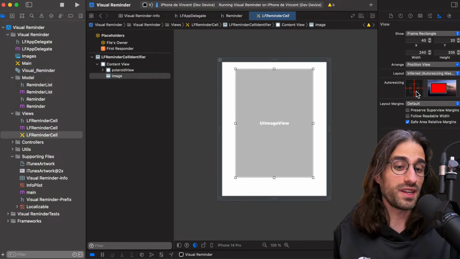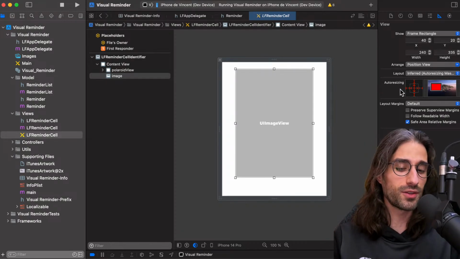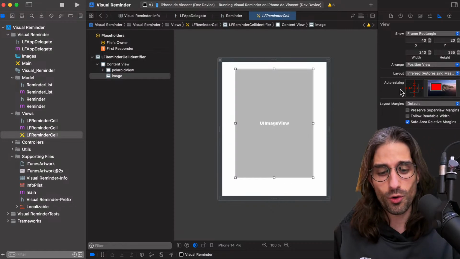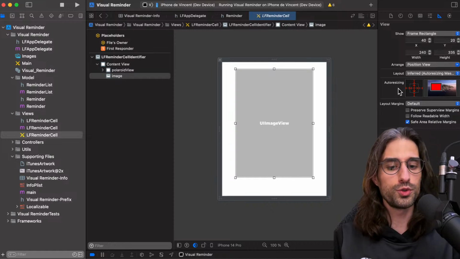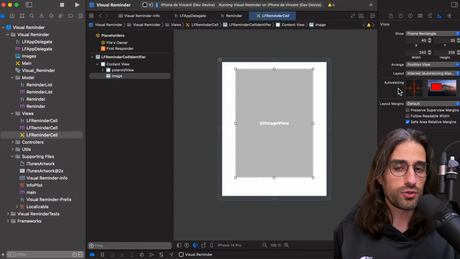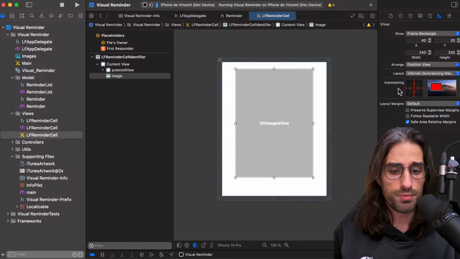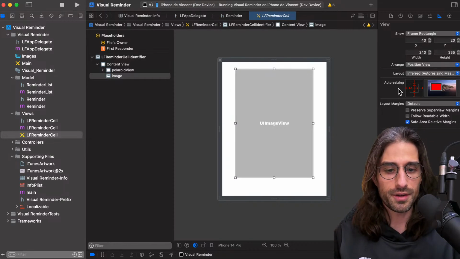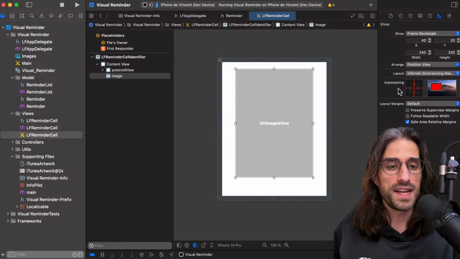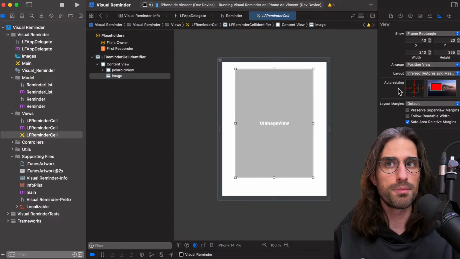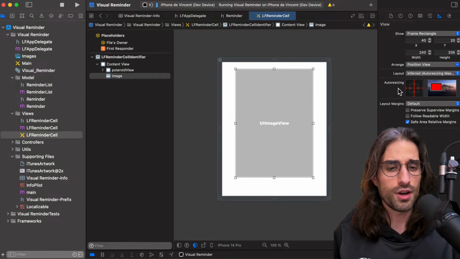So this is the autoresizing mask. If you've ever wondered what the property translatesAutoresizingMaskIntoConstraints means, this is the autoresizing mask, and this is what you would use before constraints to say how a view should react whenever its superview size would change. It was used mostly to deal with going from portrait to landscape orientation.